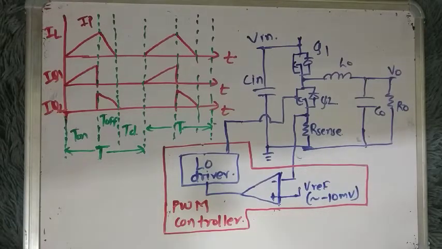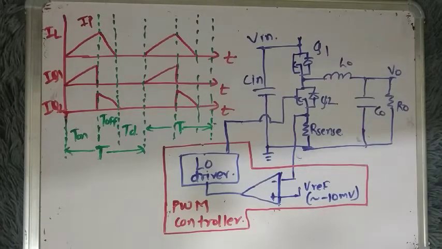Also we discussed the disadvantages of operating the converter in FCCM mode, right? So we will see here how the diode emulation is used and how the FCCM mode is avoided by using this diode emulation mode.